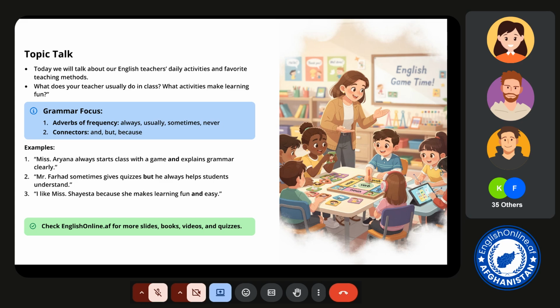These are called connectors. The three most common ones,